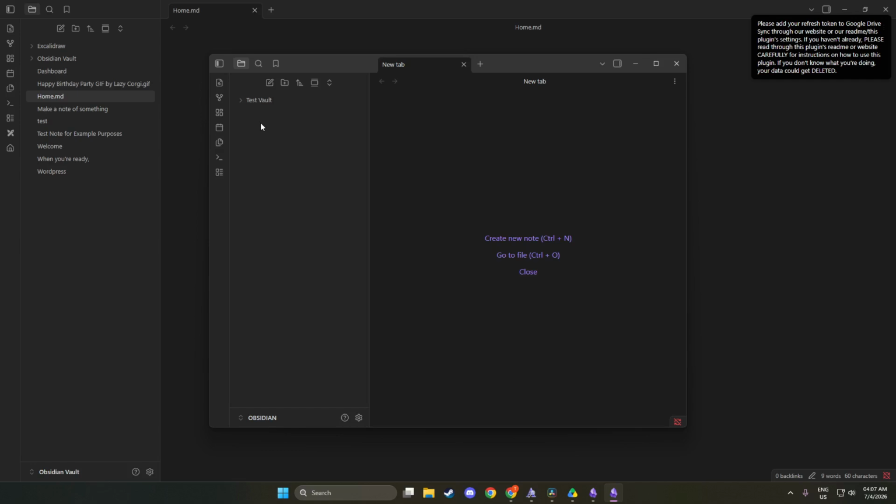Finally, select the Moved Vault folder and click Open. This last step confirms the new location of your vault within Obsidian. Once you do this, your vault will load and you will see all your notes and files just as you left them. This process is complete and now your vault is successfully relocated. You can enjoy the benefits of having it exactly where you want it.